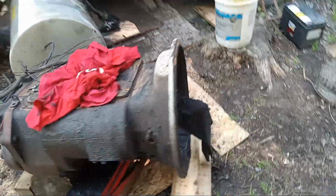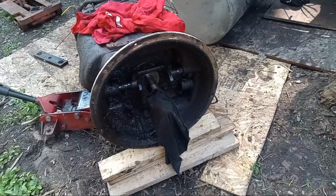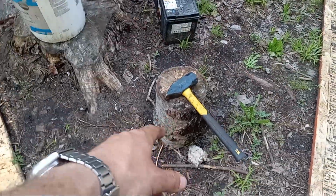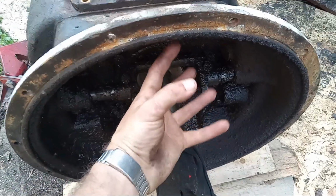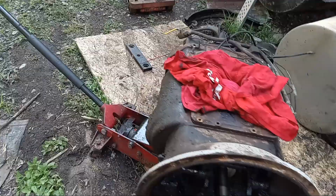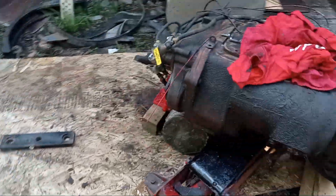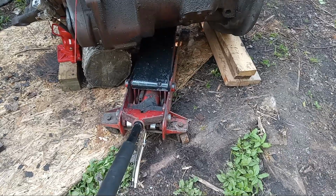object, and I can't lift it from the front at all. I mean, at one point I did have that log there and the bottle jack at an angle here, getting into this part here and pushing it that way, but then it pushes that way. So what I did now is I'm using this low profile jack